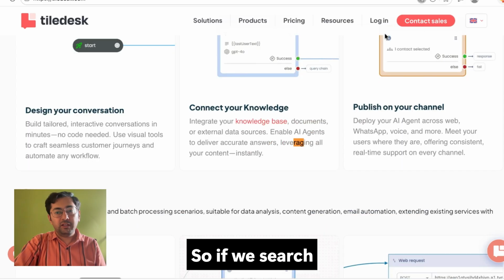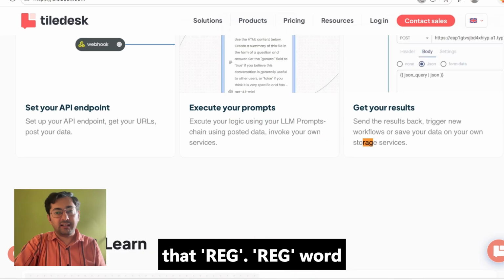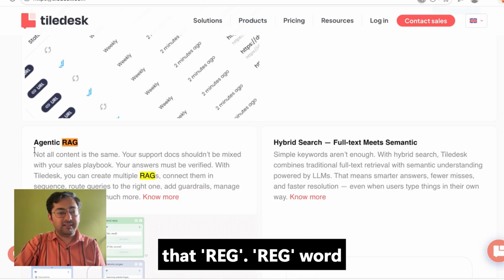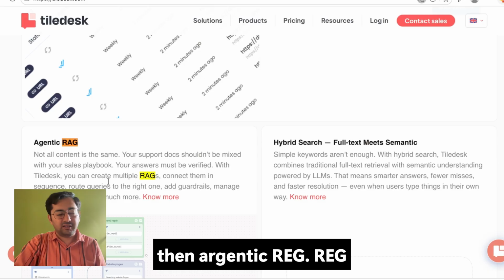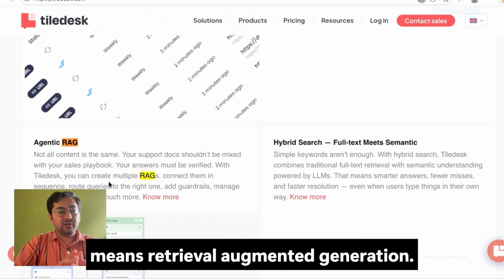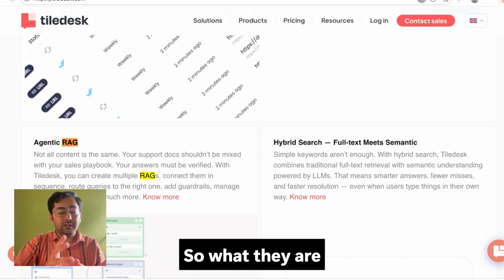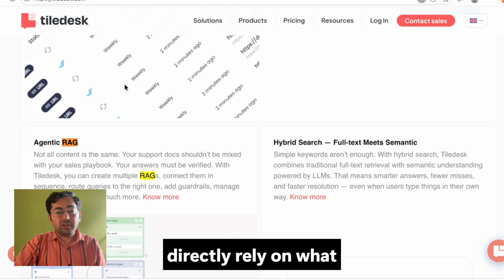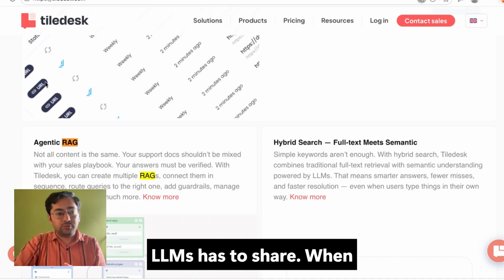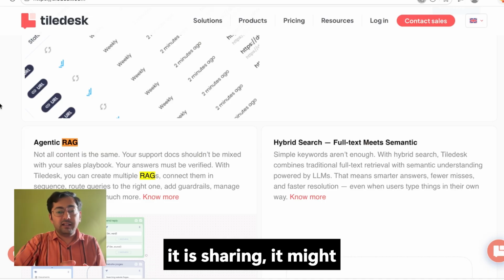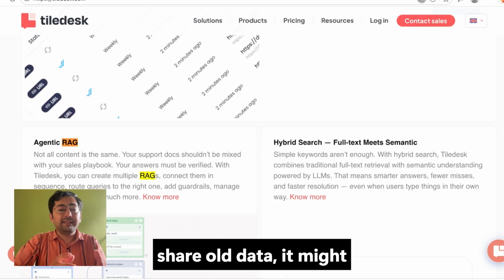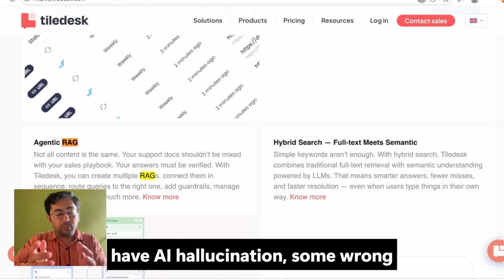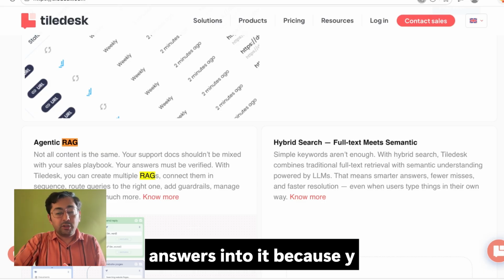So if we search that RAG word, then agentic RAG means retrieval augmented generation. What they are doing is, instead of directly relying on what LLMs have to share, where it might share old data, it might have AI hallucination, some wrong answers in it, because